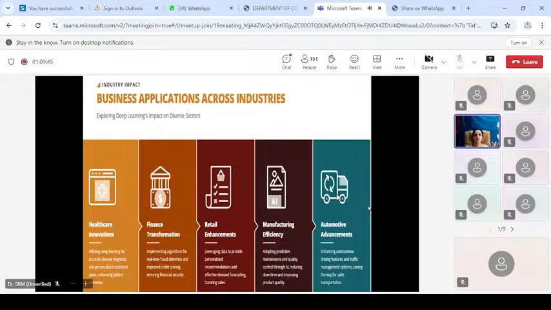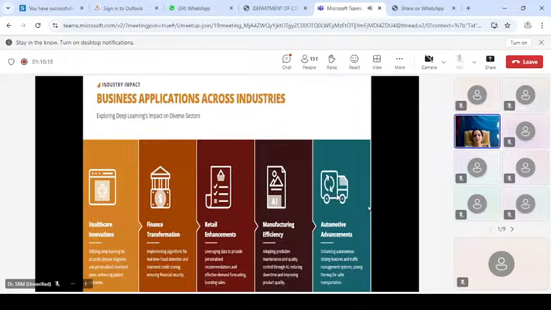Even when we speak about personalized financial services, such as automated investment advice and loan approval, they are coming to mainstream, right? And these are driven by deep learning's ability to understand as well as to cater to individual customer profiles. So globally, yes, DL is reshaping the finance sector, upgrading security, performance, as well as customer engagement.